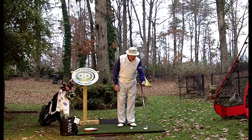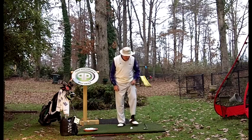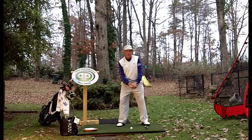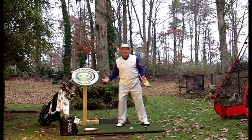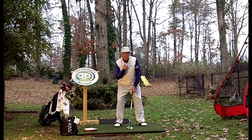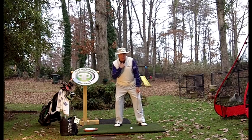If I drop my club on the ground, I think that grip's about an inch in diameter. If I put my foot on top of that, if I tried to stay level, as soon as I put my foot on that, it pushes me back a little bit. That's all you want, about the feeling of about 1 inch backwards. And the easy way to check it is if you close your eyes and you were in the right position, you could take the top of your sternum, move it 1 inch that way,